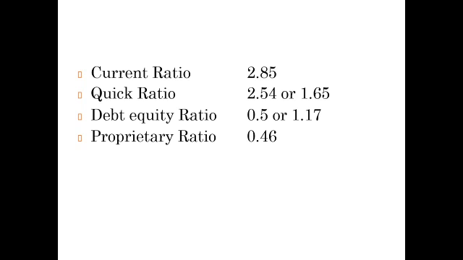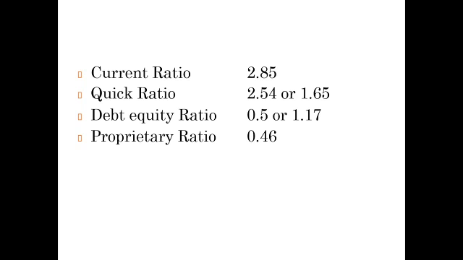So current ratio is 2.85. The standard or ideal current ratio is 2:1. 2:1 means at least for 1 lakh current liability, if there is 2 lakh current asset, the company's working capital position is very good, like that the standard ratio is giving interpretation. In this problem the working capital position is very sound because current ratio is above the standard.